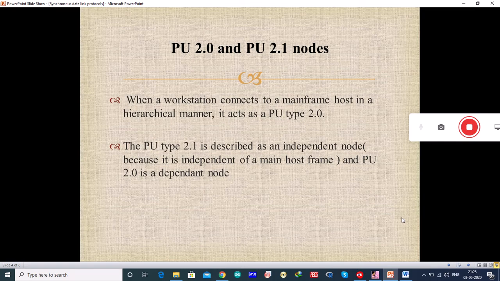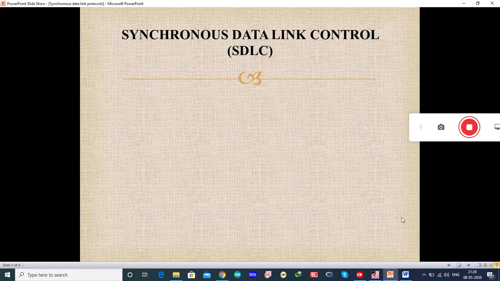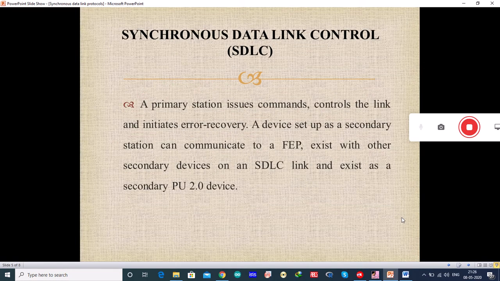In APPN configurations, the device can support negotiable links where XID frames are exchanged to decide which station is to be secondary and which is to be primary. A primary station issues commands, controls the links, and initiates error recovery.